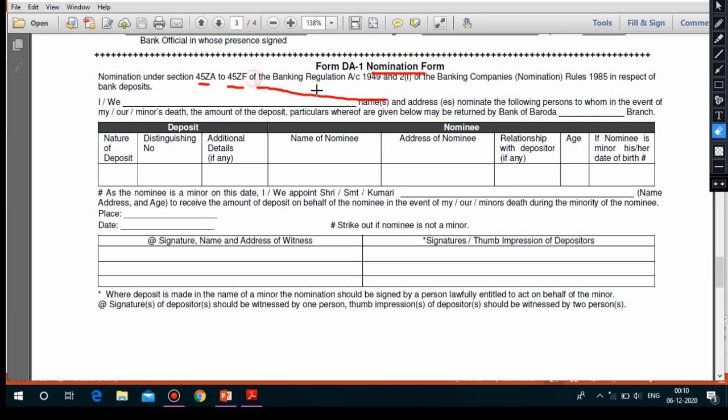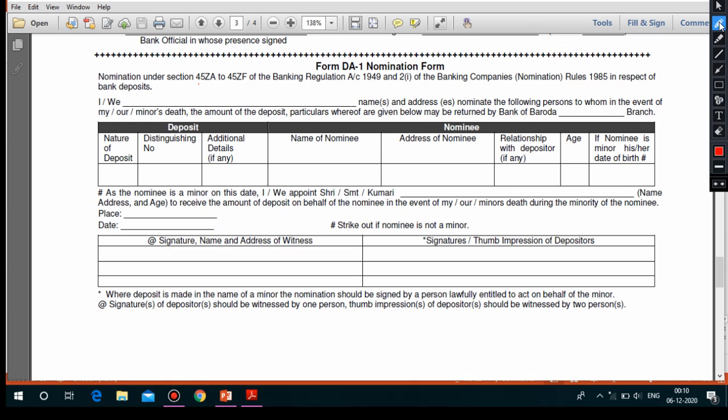This nomination facility is provided to all the customers of the bank. Why is the nomination facility provided by the bank? Suppose the original account holder dies, or is handicapped and not able to use the money, whatever money he has in his account, 10,000, 5,000, 20,000, 50,000, 1 lakh, 1 crore, whatever amount the original account holder has,